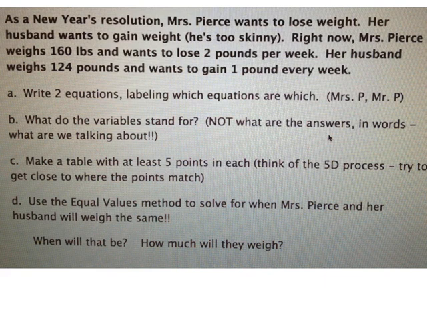So I'm going to go back first and look at what the problem said again. So for Mrs. Pierce, it says that she weighs 160 pounds and wants to lose 2 pounds per week. So here's the important stuff about Mrs. Pierce. Now she already weighs 160 pounds, so that's B. That's like my figure 0. That's where we start. That's where we begin. So if I'm going to start writing Mrs. Pierce's equation,